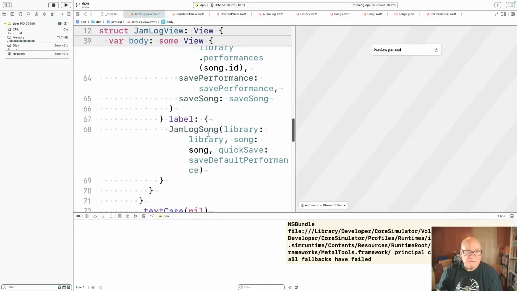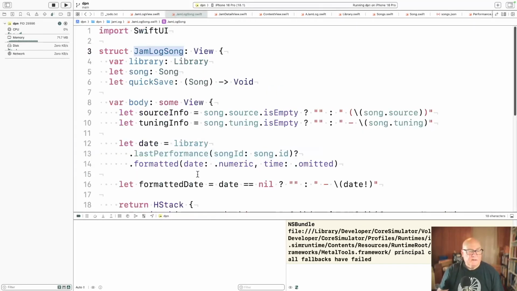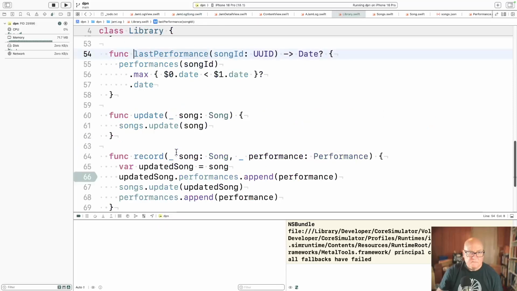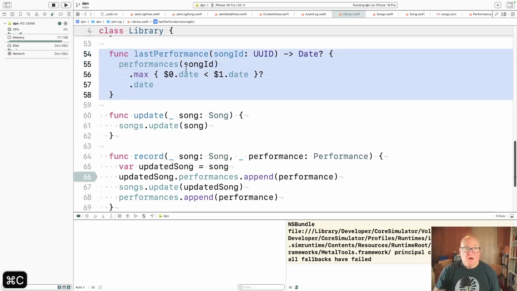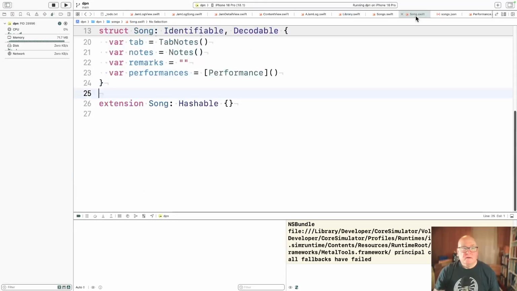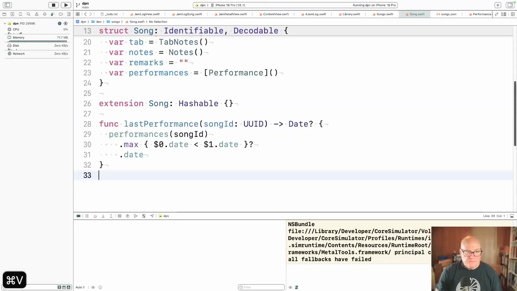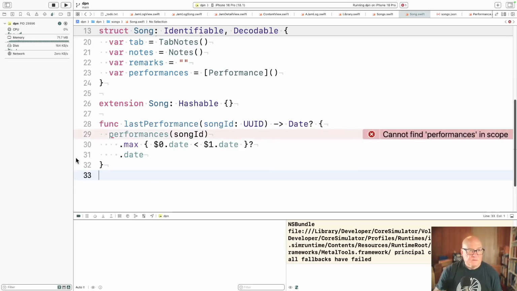The label, JamLog song. He does last performance for songId. Let's move this onto song. Okay. Oops.